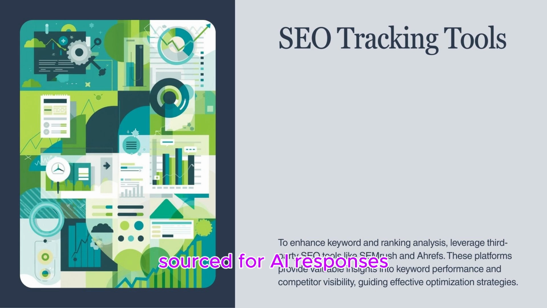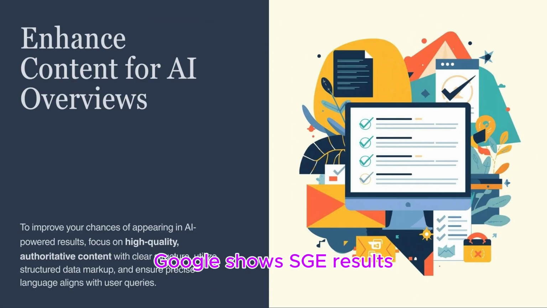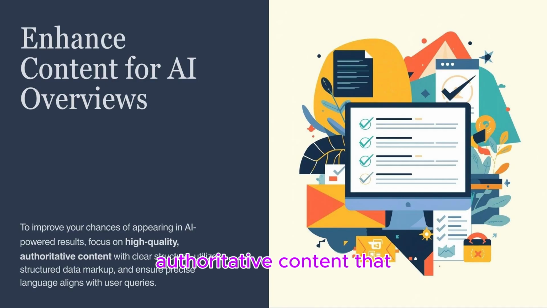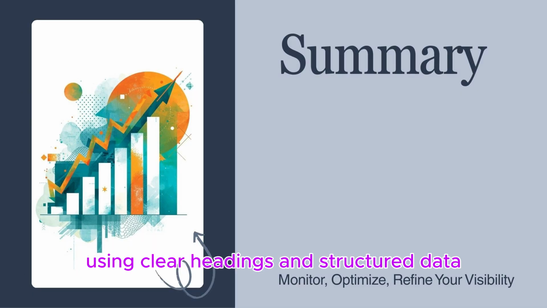AI responses. Use SEO tools like SEMrush or Ahrefs to track your rankings for keywords where Google shows AI results. Ultimately, to appear in AI overviews, create high-quality, authoritative content that directly answers questions using clear headings and structured data